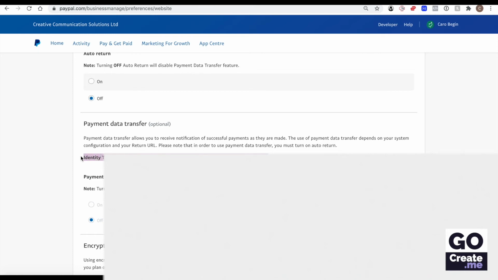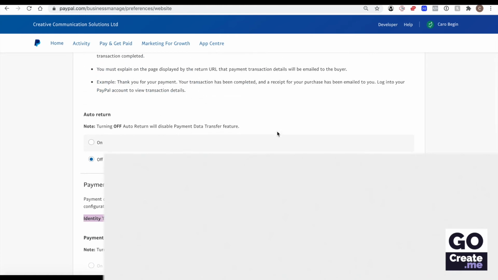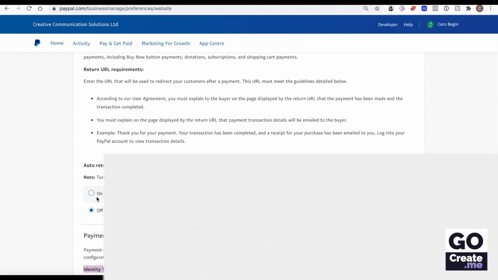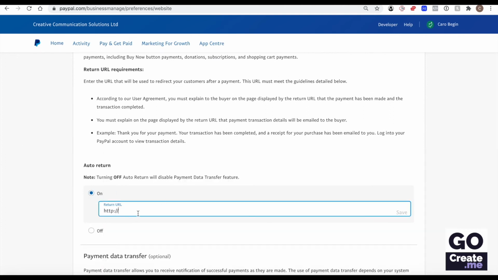If you do not see this, I believe the way to make it appear is first to turn on the auto return feature, but you also need to go to your site and create a page where after payment people will be redirected there. Then you can turn it off because you don't need it,